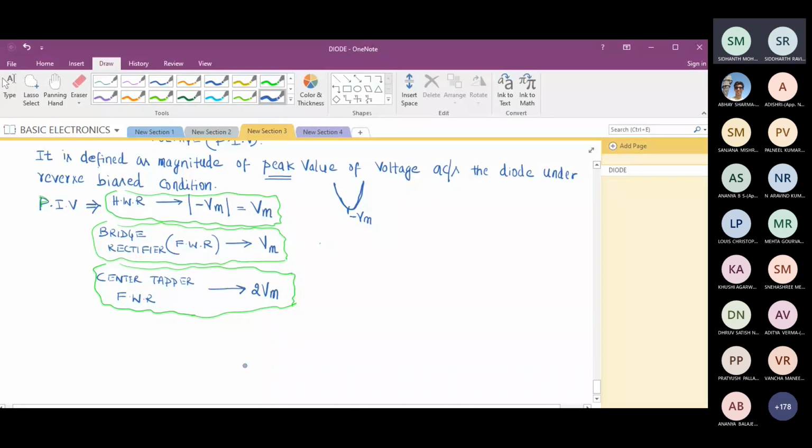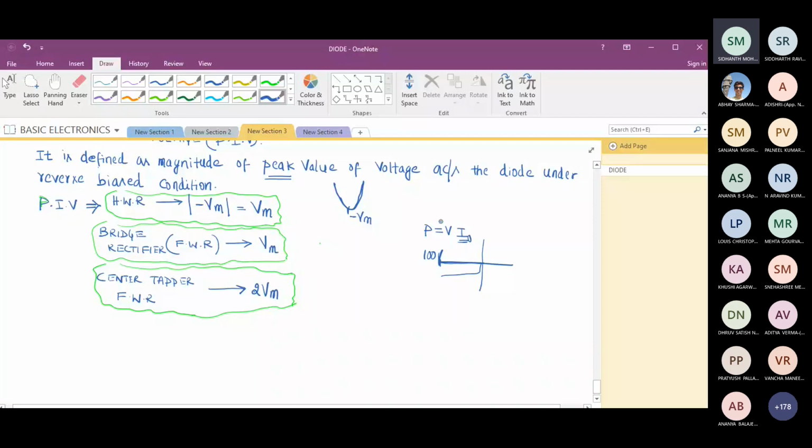Exactly. Good. So when I reverse bias a diode, I have to check what is the maximum voltage that is appearing across the diode. Reason is, if say Vm is 100 volts, am I going to damage the diode? Because I had explained P is equal to V into I. I is almost constant under reverse bias condition because it is I equal to I naught. Current is very low.